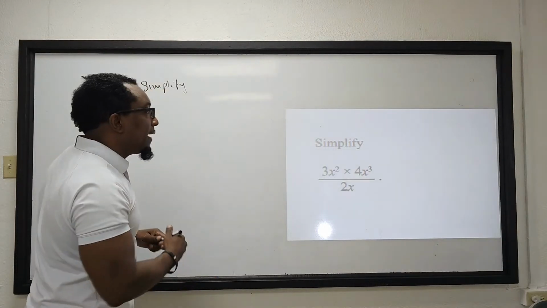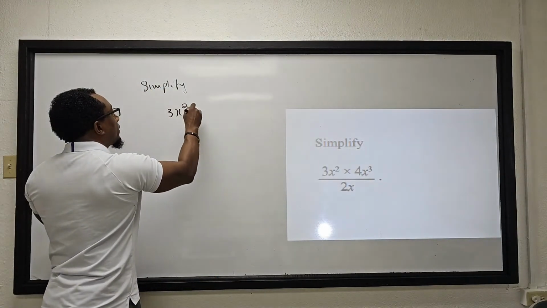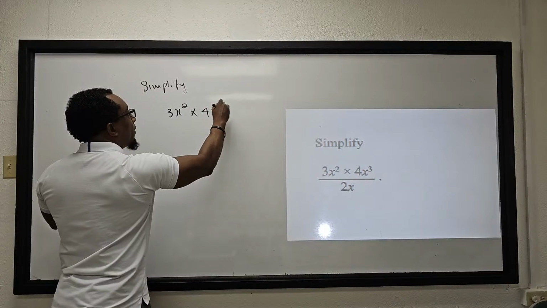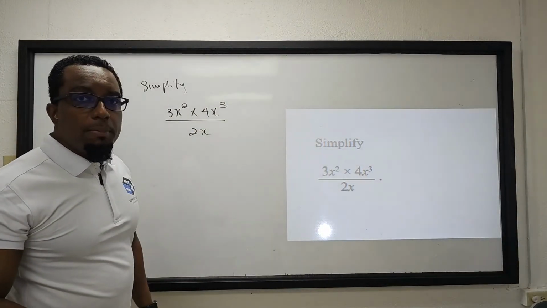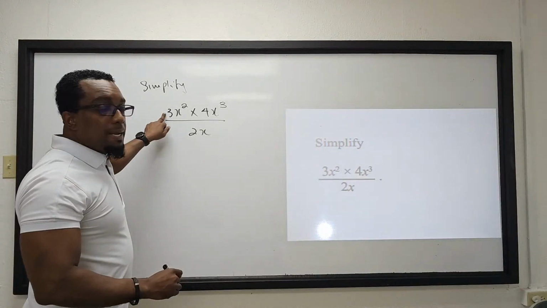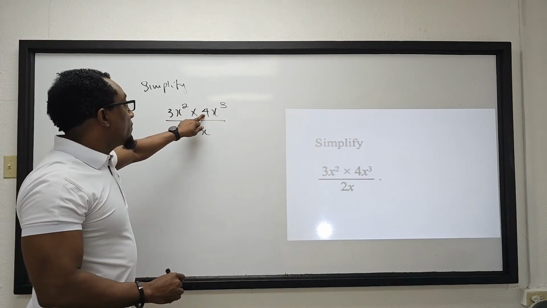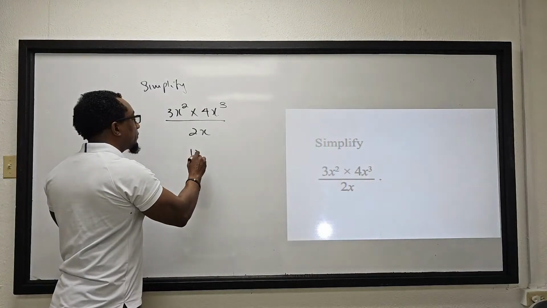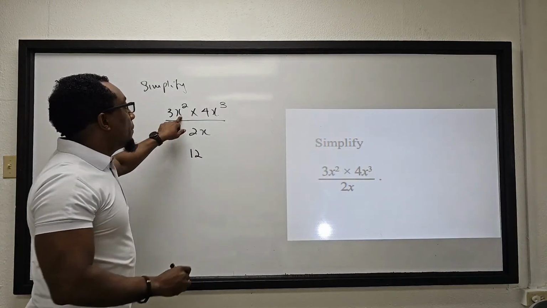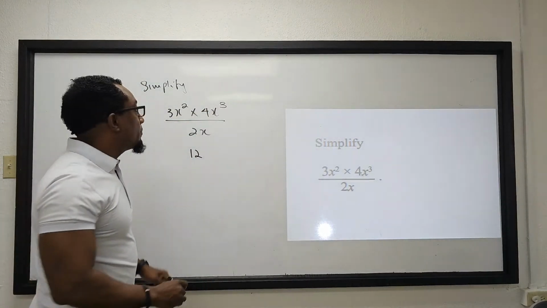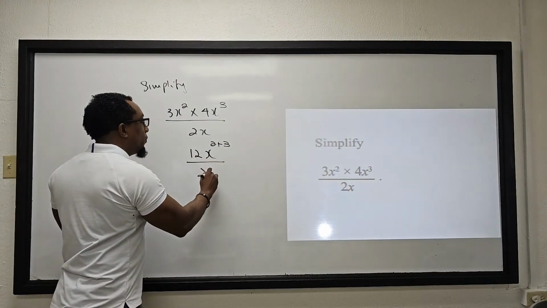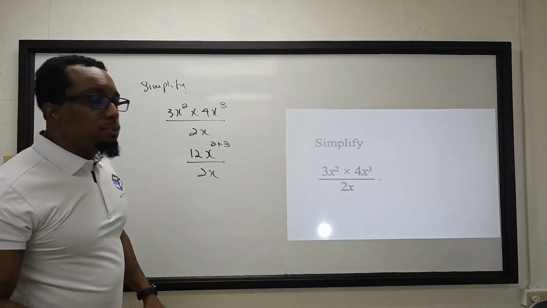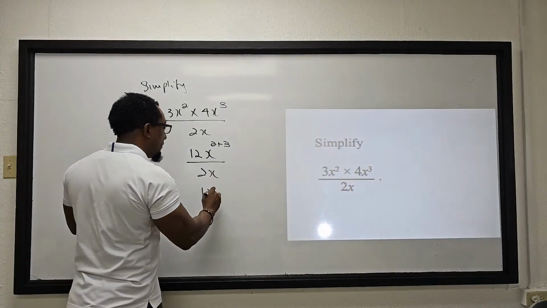So we have 3x to the power of 2 times 4x to the power of 3 over 2x. So let's work out what is in our numerator. So 3, we can multiply the coefficients. 3 by 4 is 12. X to the power of 2 by x to the power of 3, we keep the base x, and we add our powers. So we're going to get 12x to the power of 5